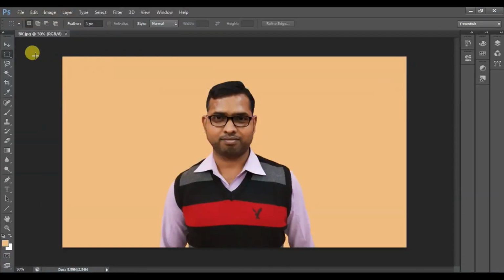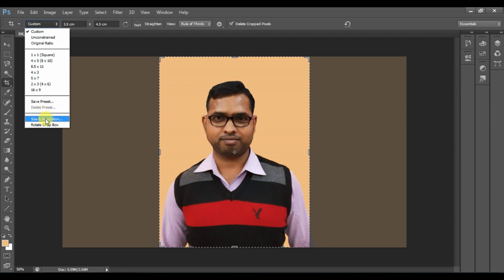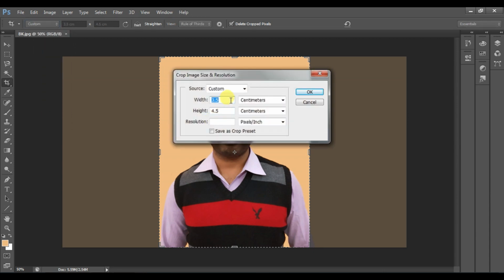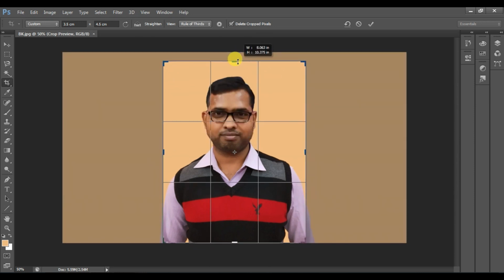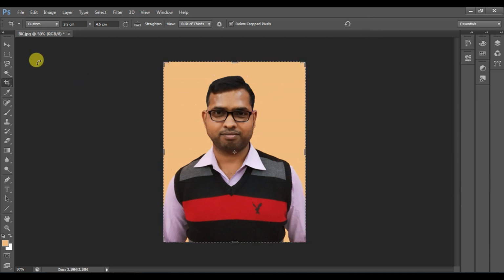So let's set the dimension. First we need to crop for the dimension, size and resolution. 3.5 centimeter. These are the other option. 3.5 centimeter width, and 4.5 centimeter height. Okay, now set. This is perfect. Click OK. Now the dimension of our photograph is set, and now we need to set the size